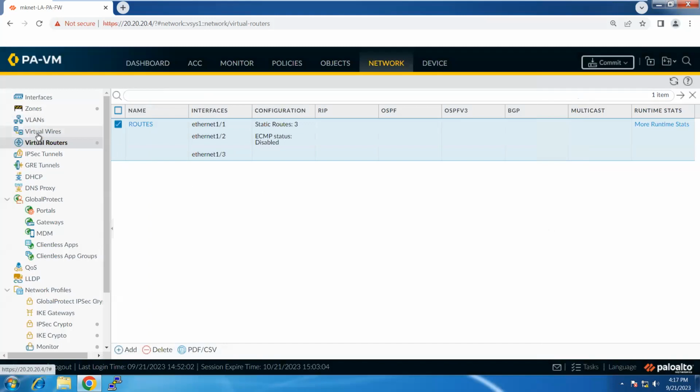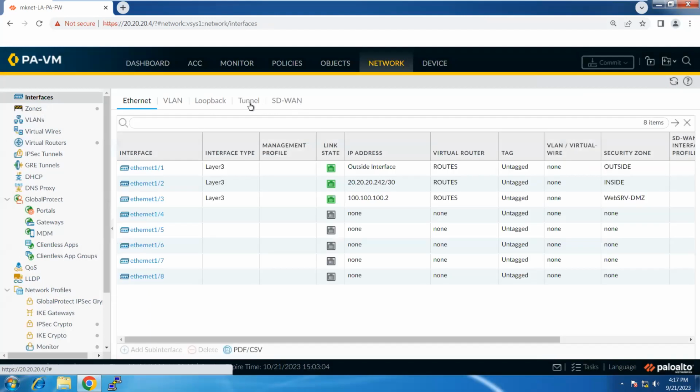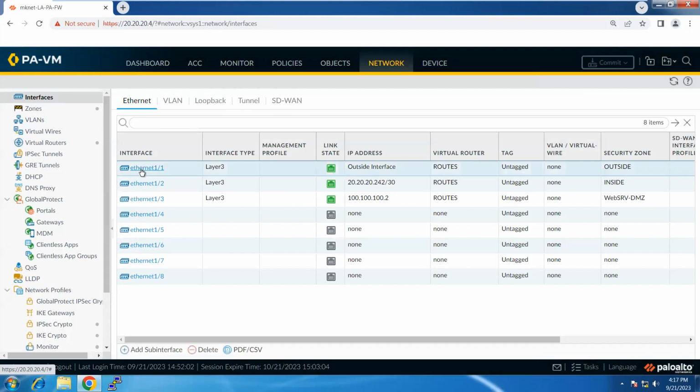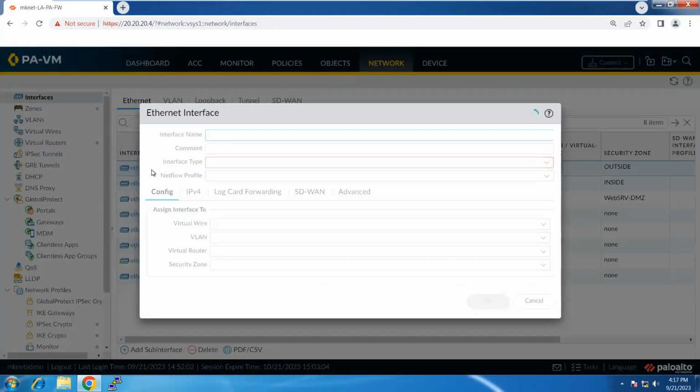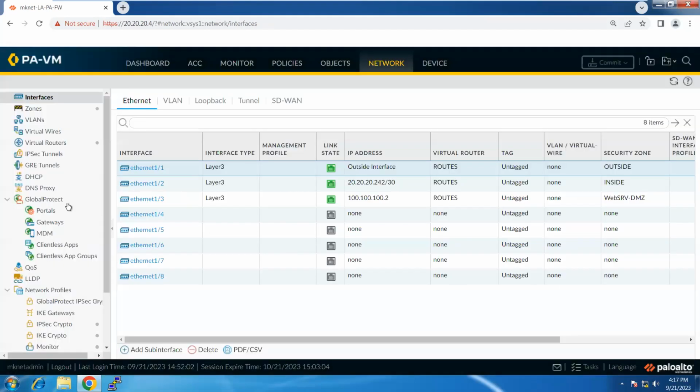Now I'm going to do this side. I wanted to do an OSPF route also, a dynamic route, just to show you how to do OSPF on a Palo Alto. So again, I'm going to do OSPF between the Palo Alto firewall and, sorry, I should have gone to virtual